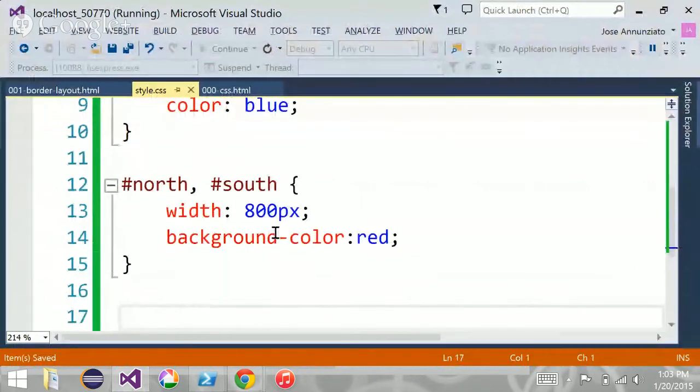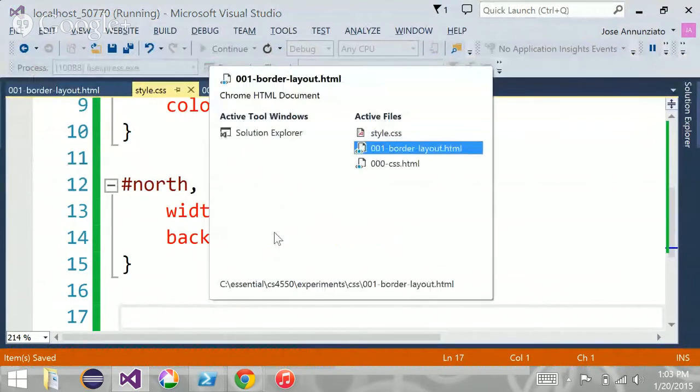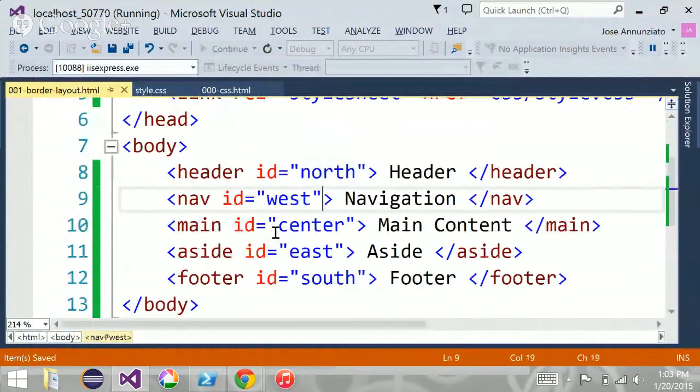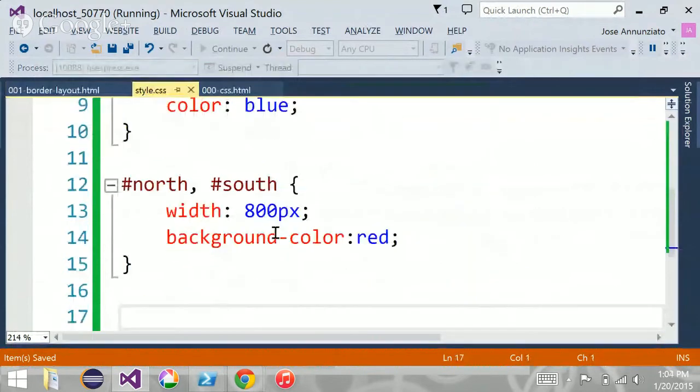Now we have to do the other two, right? The left, the middle, and the center, and the right-hand side. And what we want to do here is, let's go back to the border layout. The west, the center, and the east. The way we're going to do this is let's do first the west, right? Let's copy the west. We go to style. I'm going to say west,